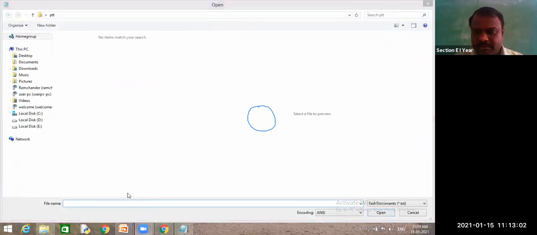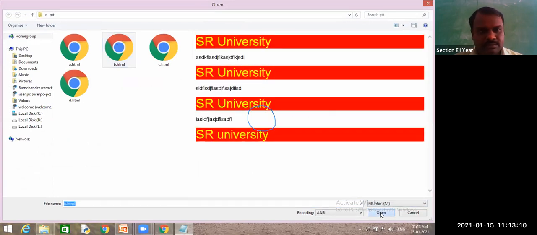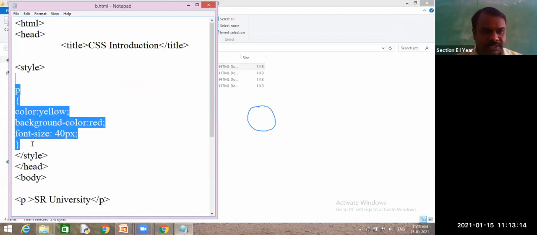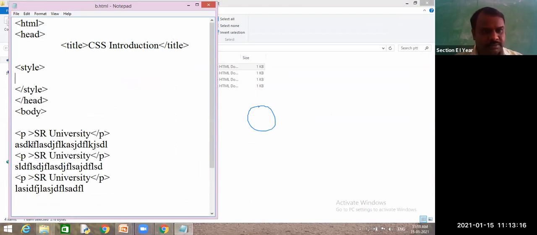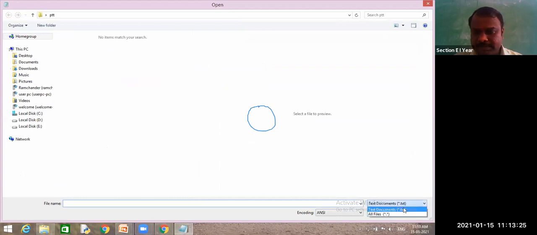What do I need to open? b.html. So for b.html, I have removed this property. And similarly, c.html also needs to be removed.